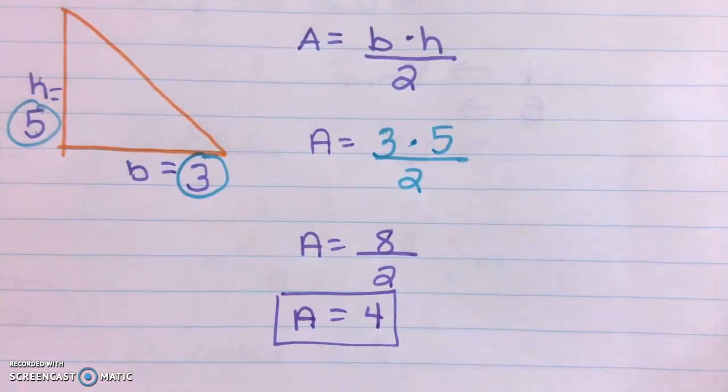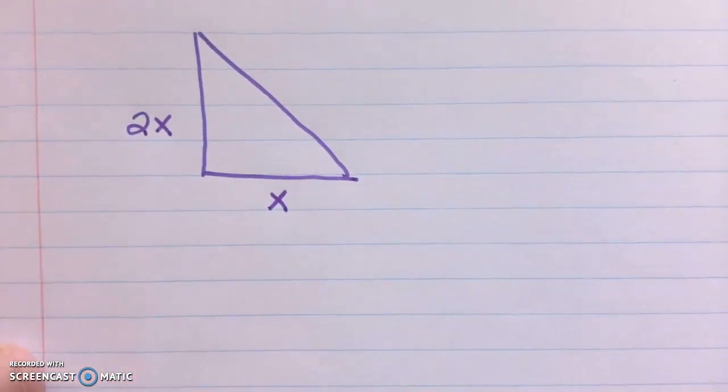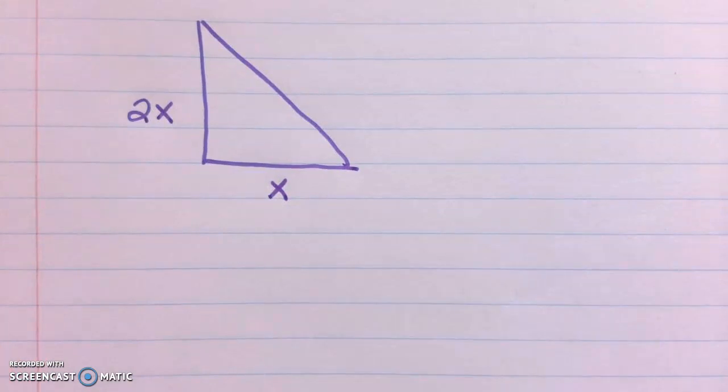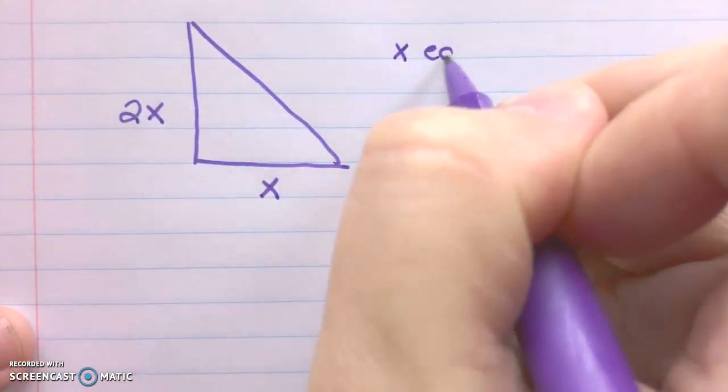Now, I told you I was going to go back to number 5 because I think number 5 might be the hardest one in all of these questions. So I'm going to help you out a little bit with that one. It gives us this triangle and it says this is 2 times x and this is x. It says, compute the area of the triangle if x equals